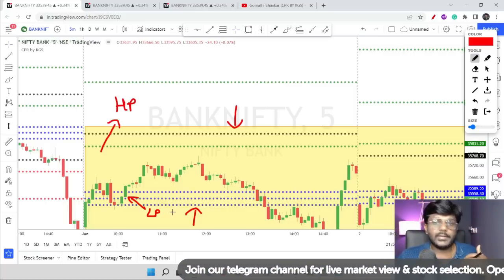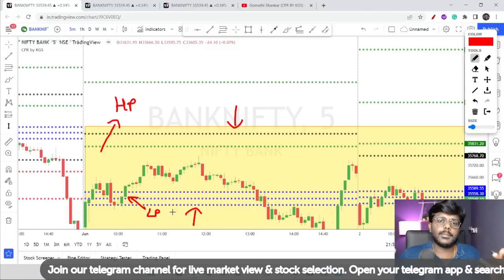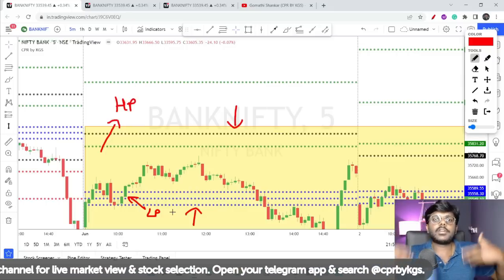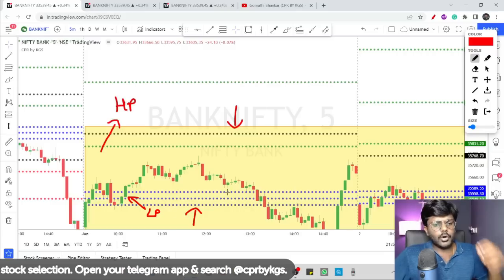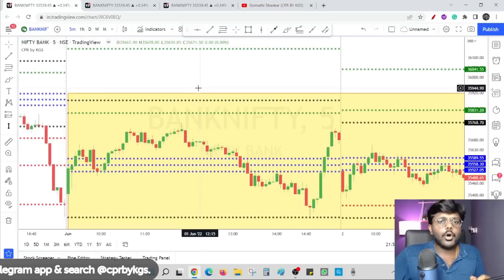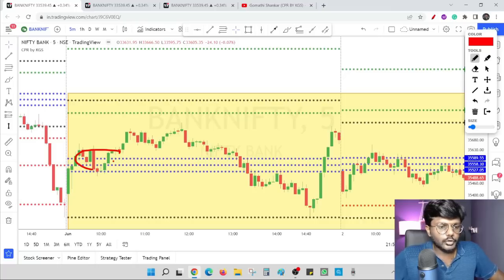Whereas when the prices are breaking R1 and previous day high, that is a high probable trade because the market is breaking previous day high and there is a fresh momentum in the market. Hope you understood. So on this particular day, June 1st, I will focus only on long opportunities, and that too, these are the areas to focus on your long opportunity.